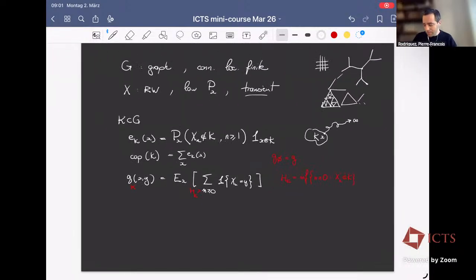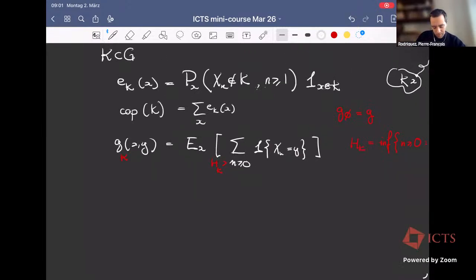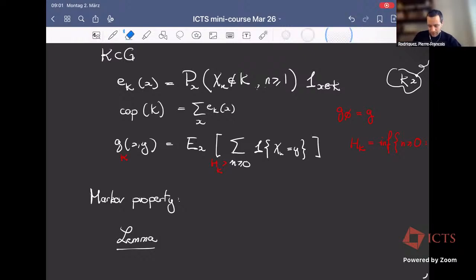And so I want to state the Markov property. And I'm only going to state it at the level of this Green's function, which is going to be good enough for me. So here's a little lemma, if you like. Okay, so the lemma is that if you look at the